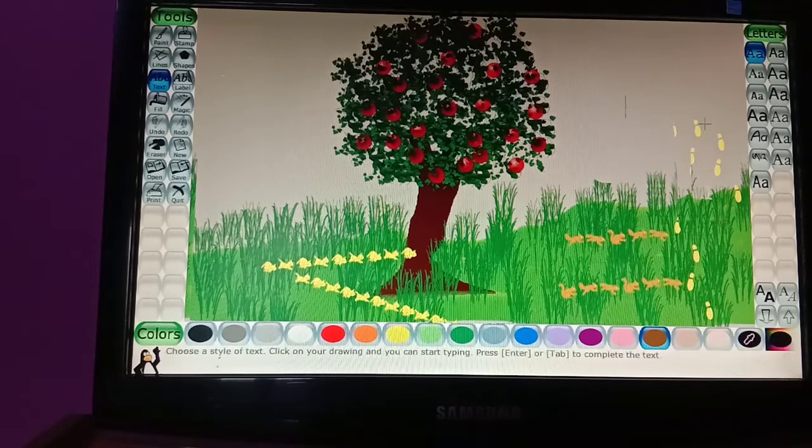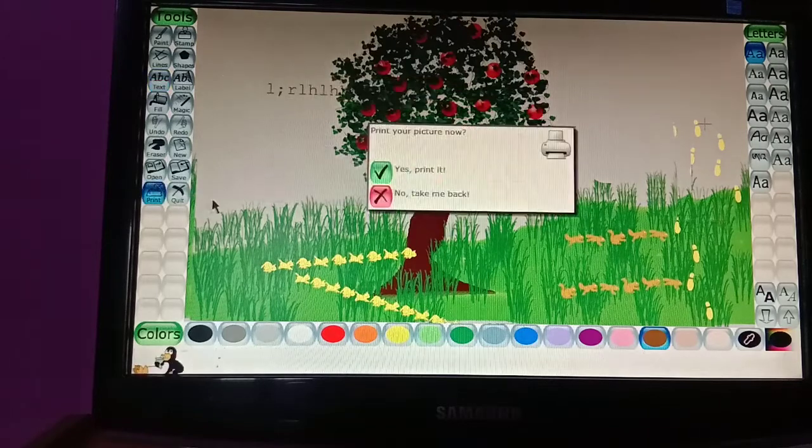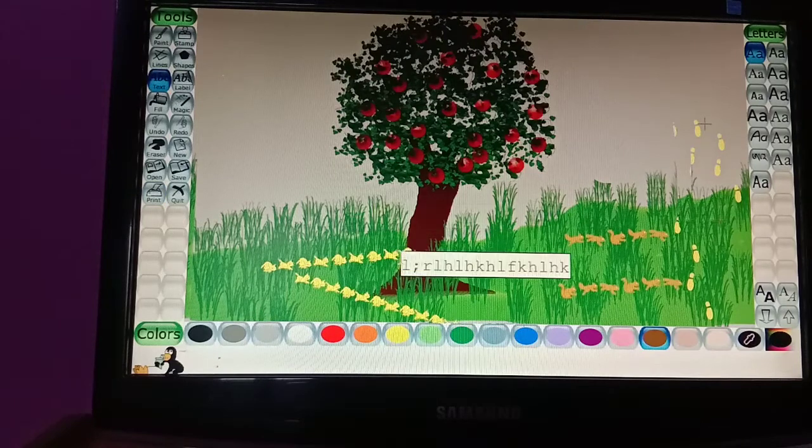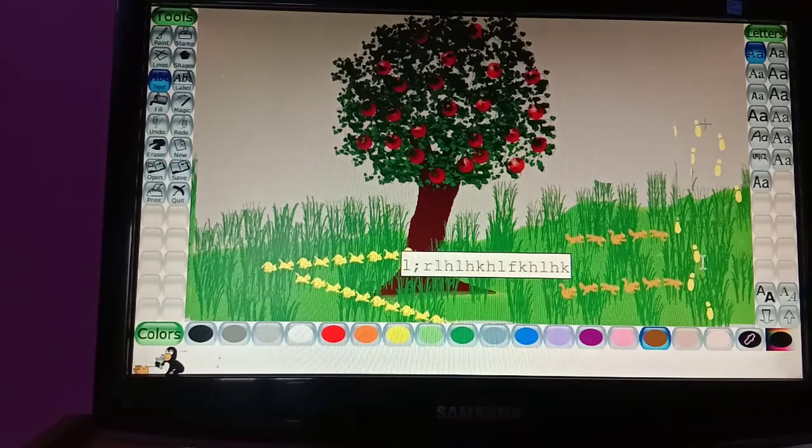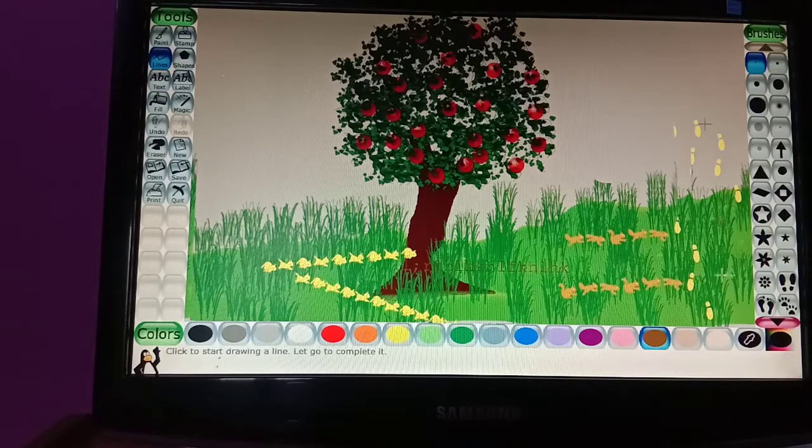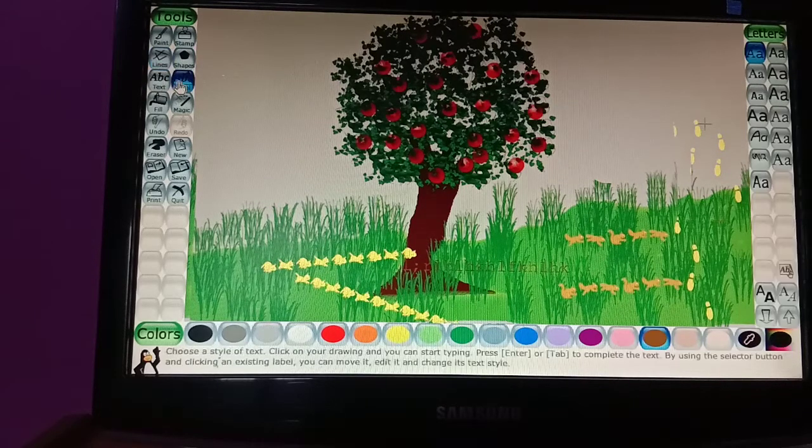For example, you can type anything in it, and you can place it anywhere. Wherever you click, it will be placed there. As you just clicked here, it will be pasted there. See, this name is just written over there. So there is also a feature of text and label. It is also the same. You can type anything with the help of this in your drawing.